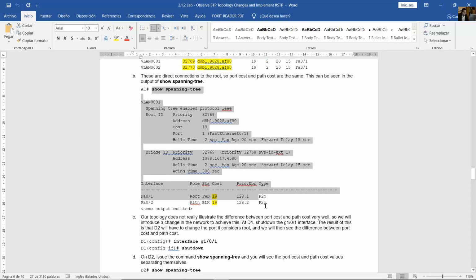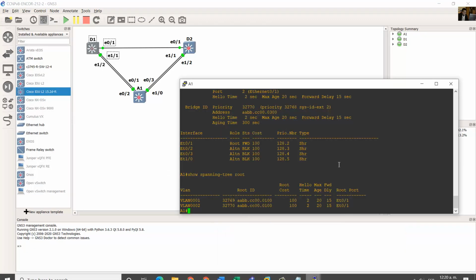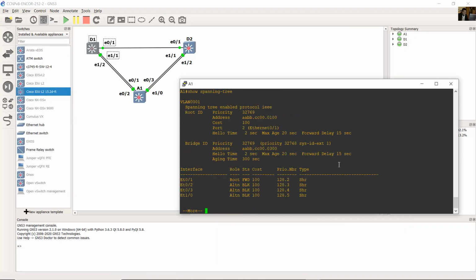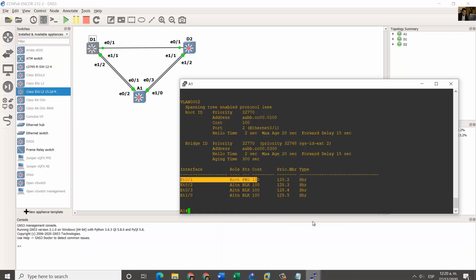Okay, on A1, show spanning tree. Okay, the cost is 100 on all Ethernet links. But the root port is Ethernet 0/1. On A1, the root port is Ethernet 0/1 because D1 is the root bridge. And also